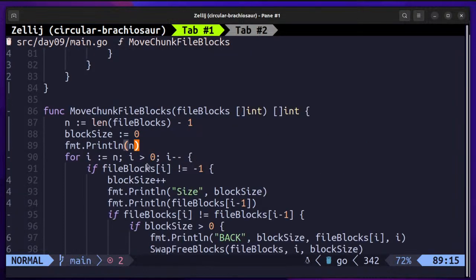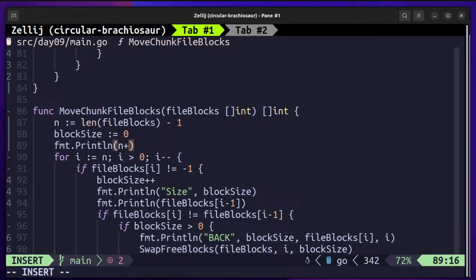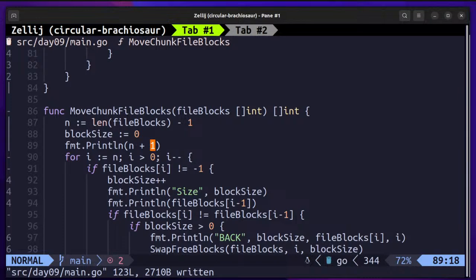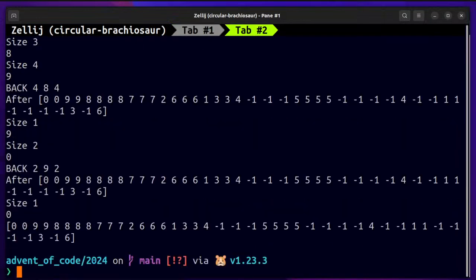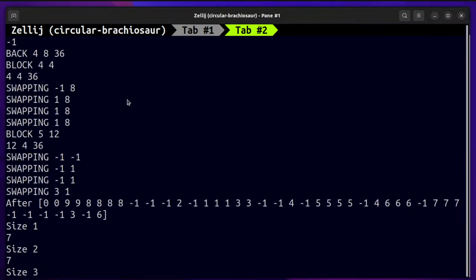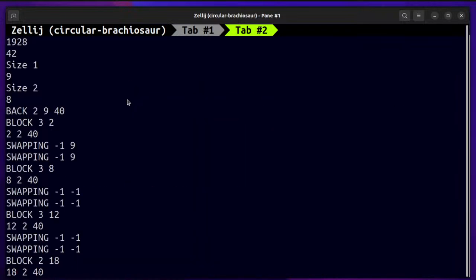Oh wait, we are printing n correctly. Okay, this will be better. So you see now it is 40 and the original index is 42. So we are at 40 and we are swapping out negative 1 with 9, and negative order with 9. So